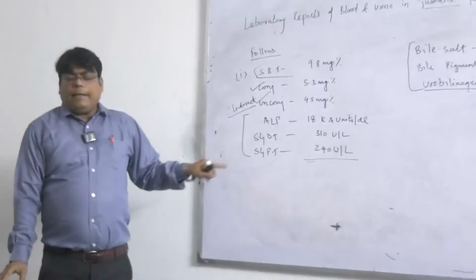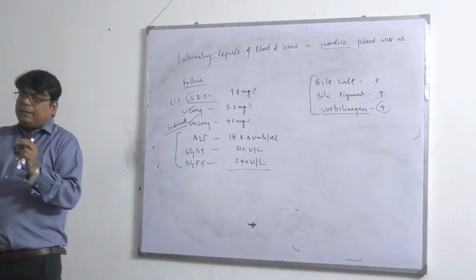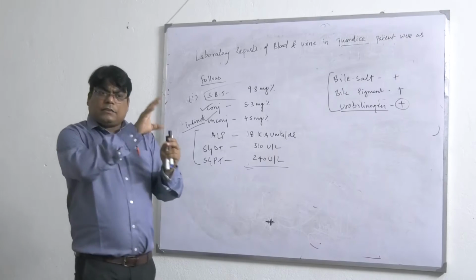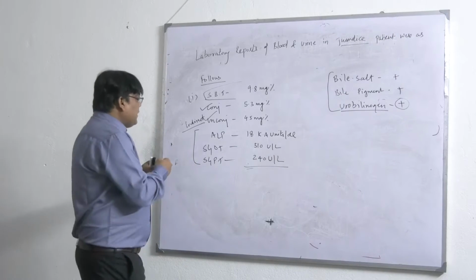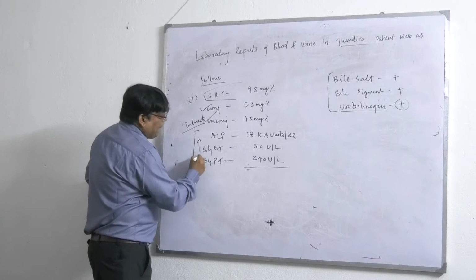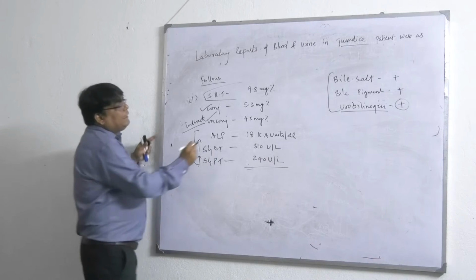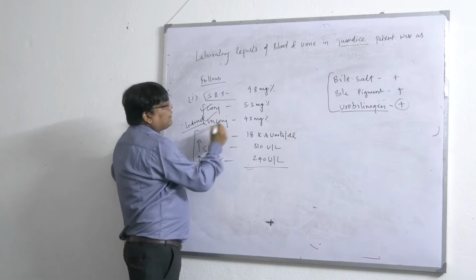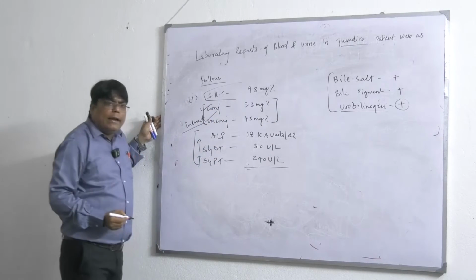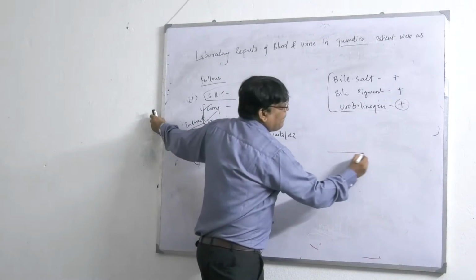I will skip something. But SGOT, SGPT are present in the hepatocyte. If there is destruction of hepatocytes, these come into the blood and the level of SGOT, SGPT is high. Now you will see what happened. Both the levels, conjugated and unconjugated, are increased. Why? Simply,